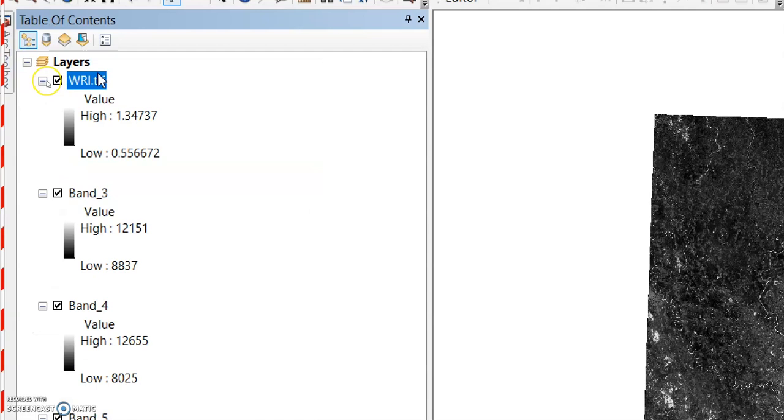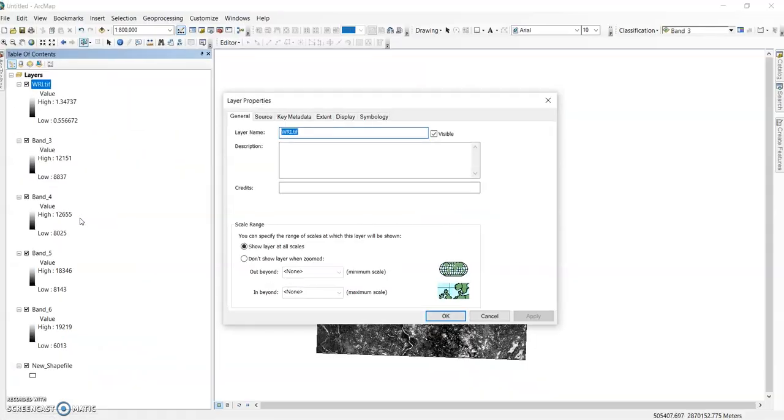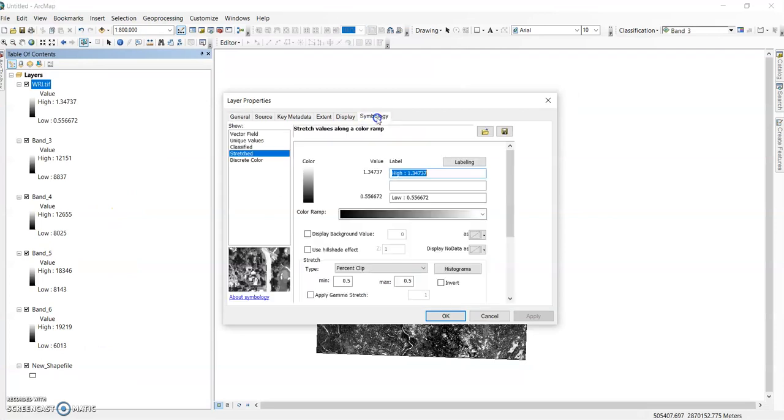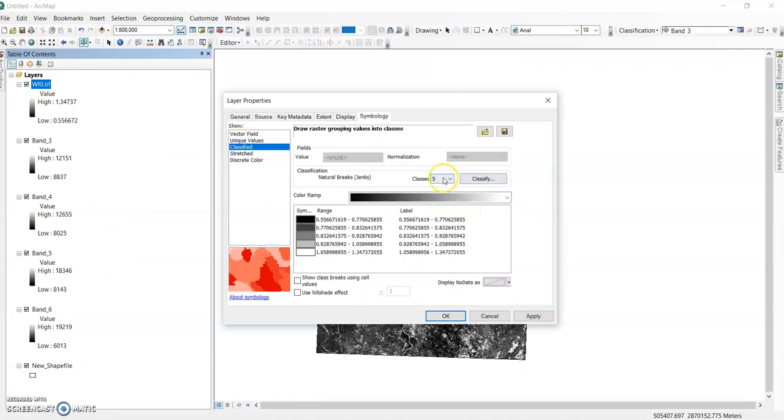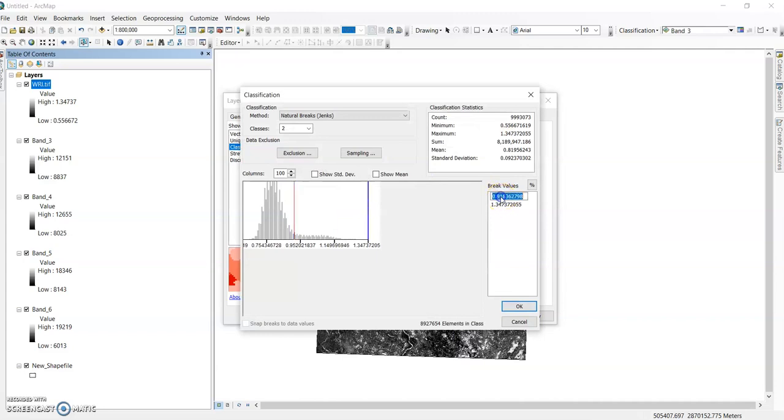Now right click here, go to properties, and go to symbology, and here the classify option, classify it to two classes: 1 and more than 1.